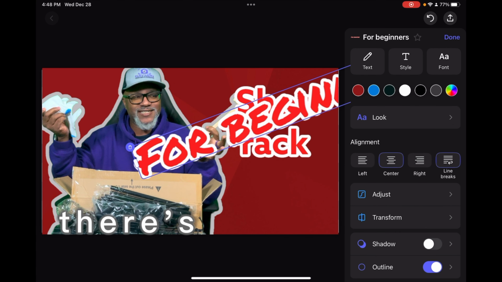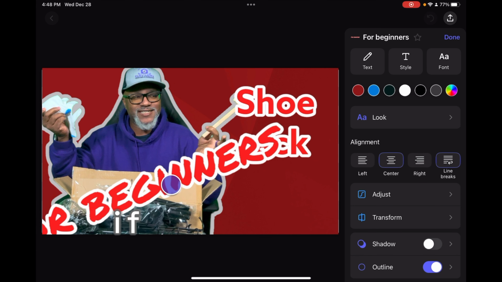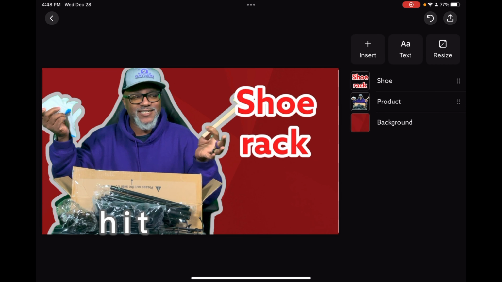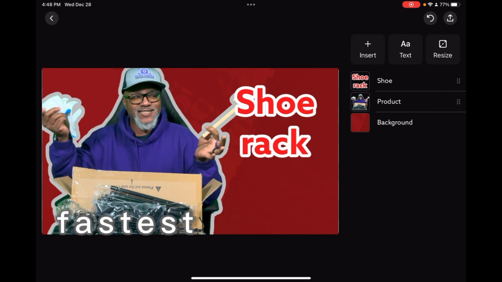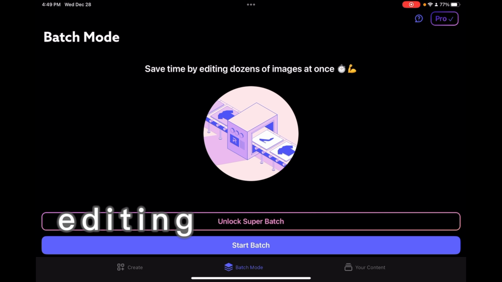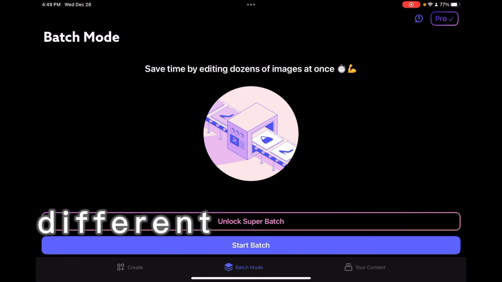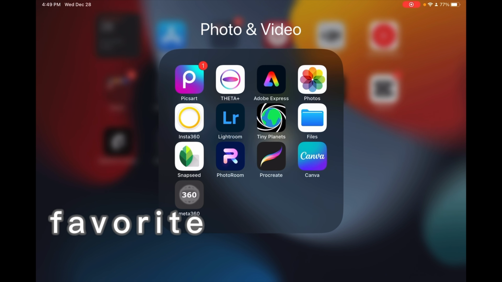Here, I'll blow that up. There's a little trash can on the top right, and there's a pencil if I want to edit the text. So if I hit the trash can, it gets rid of it. That is the easiest, fastest way. It's actually fun now to make thumbnails. And it's got a couple other functions in there. You can do batch editing. So if I want to do a couple of different things, I can do that. But there you go. My new favorite thumbnail app, best one I've used so far, PhotoRoll.